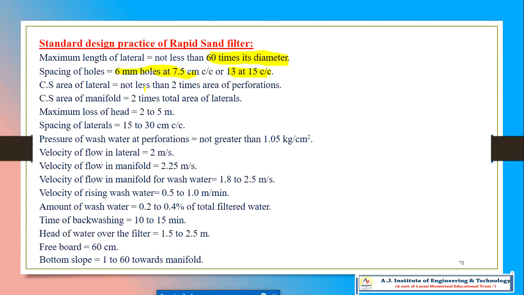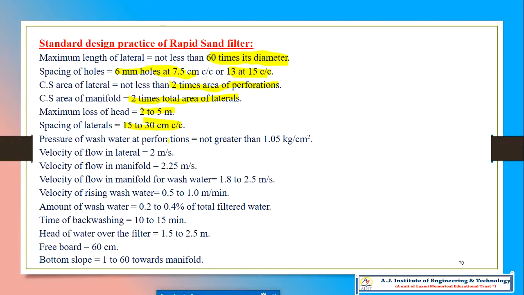The cross section of the lateral should not be less than 2 times the area of the perforations. The cross section of the manifold is 2 times the total area of the laterals. Maximum head loss should be 2 to 5 meters. Spacing of the laterals should be 15 to 30 centimeters center to center.